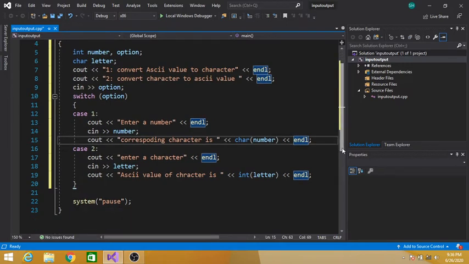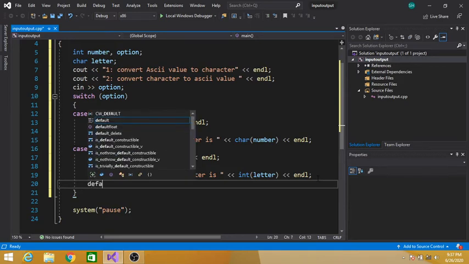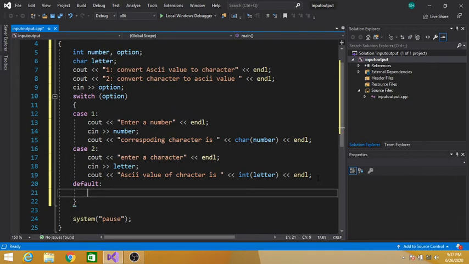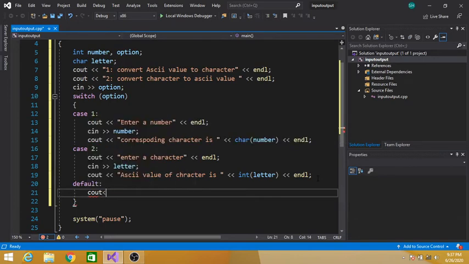So now our default label at last. Default, cout, we may say invalid choice.